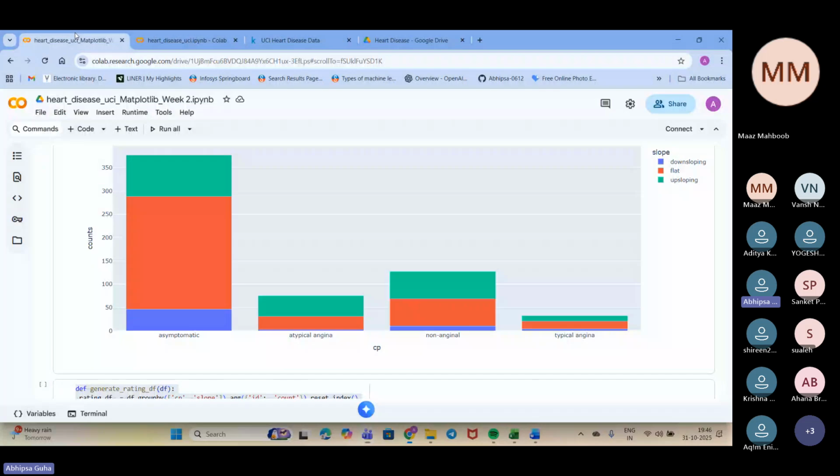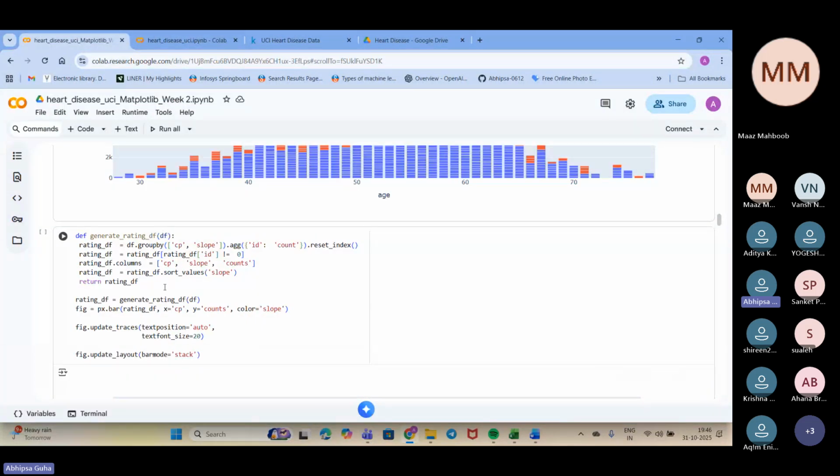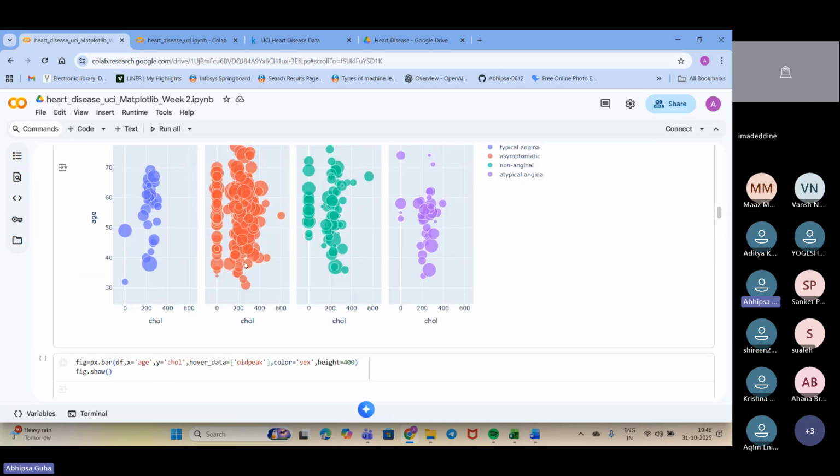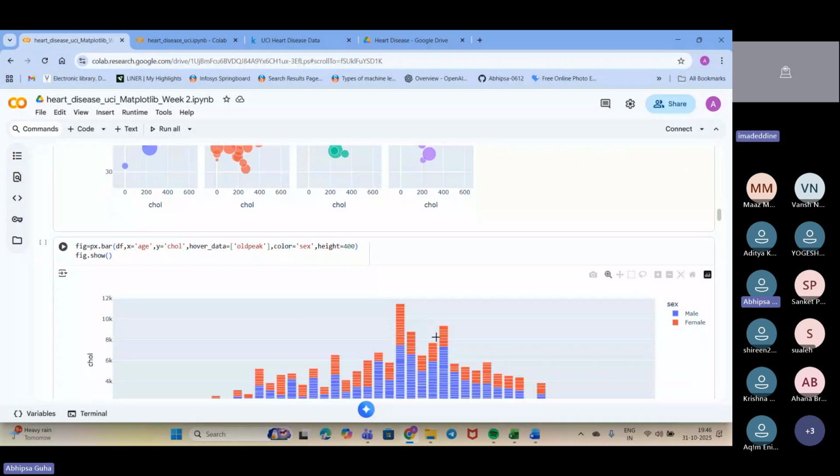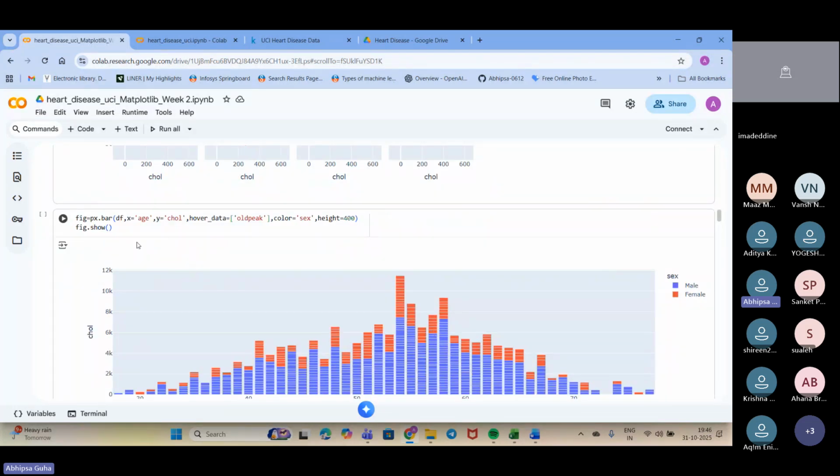Let me just reshare. You can check. It is not much difficult to work with. The way you work with Matplotlib or Seaborn is pretty much similar. Let's see here. You have only one single line of code, and you put everything in there. You just need to mention the X label, Y label, and work accordingly. So I don't think it would take much time for you to understand it.